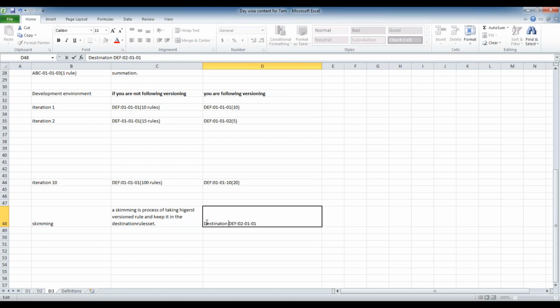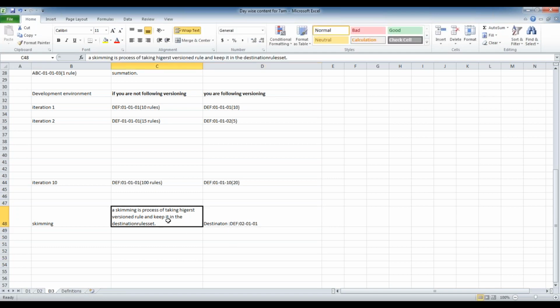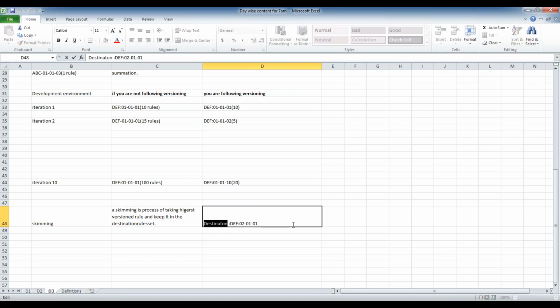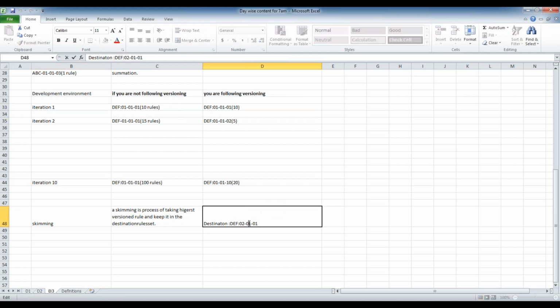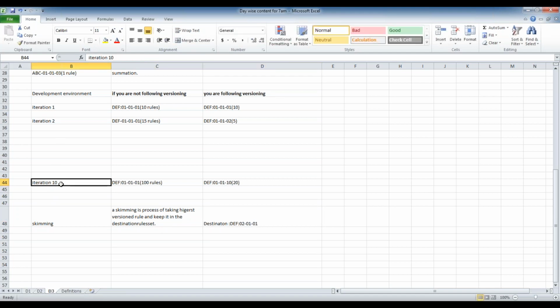No, because while you're explaining the skimming rule set, you changed the major version number. That's what I'm asking. So this is the destination rule set because I am releasing the product into the market. As I said, you can increase the major version and minor version based on the changes you are doing in the product. I am adding 10 features, that is a major change for me. So this is up to the business. There is no rule like when do we increase the major version, when do we increase the minor version. The business will decide.